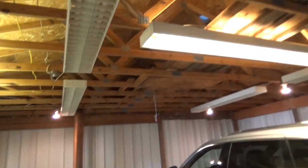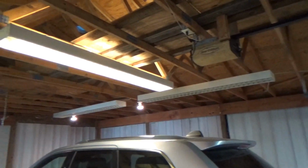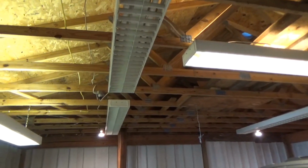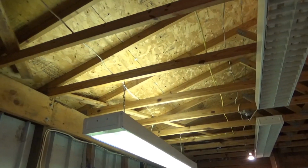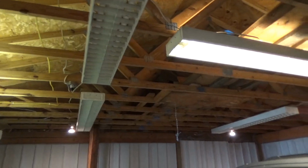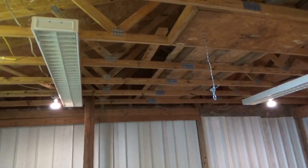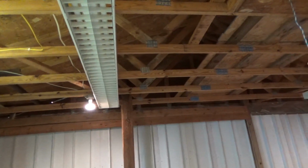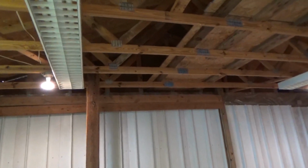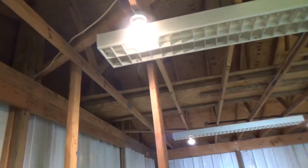And then the ceiling, like I said, I was going to put a ceiling in, but instead I'm just going to keep it as is. The place that's doing the installation is talking about doing blow-in insulation to basically trap the heat in and cold air in too. That way I'm not losing hot air or cold air out of the ceiling or anything. So anyways,